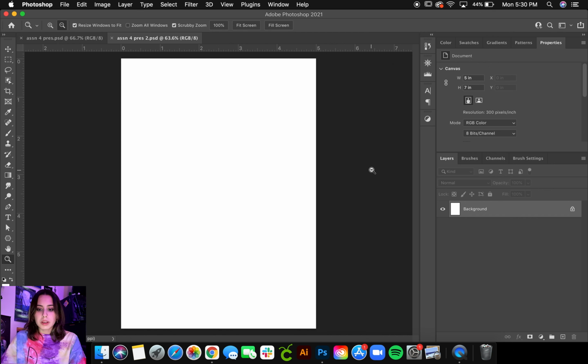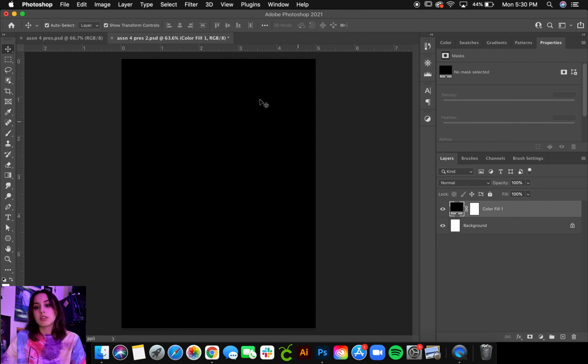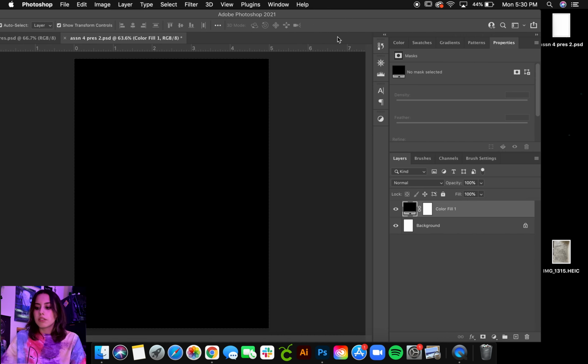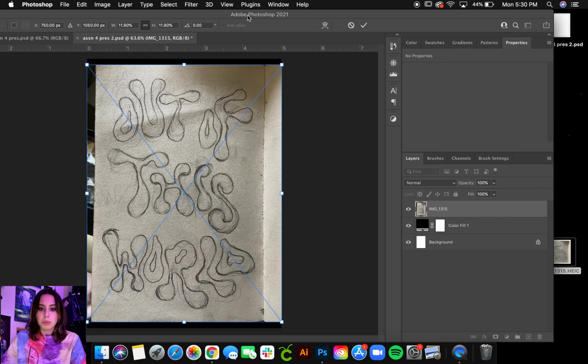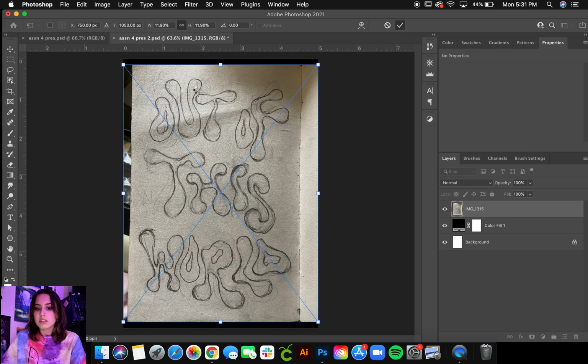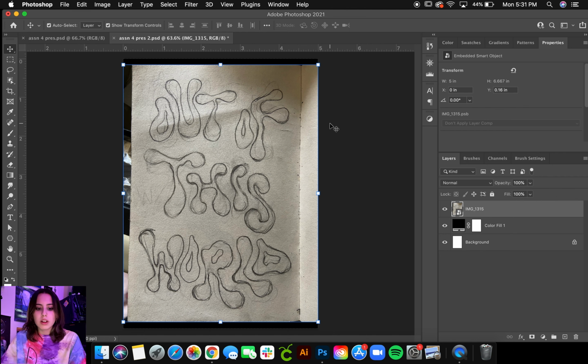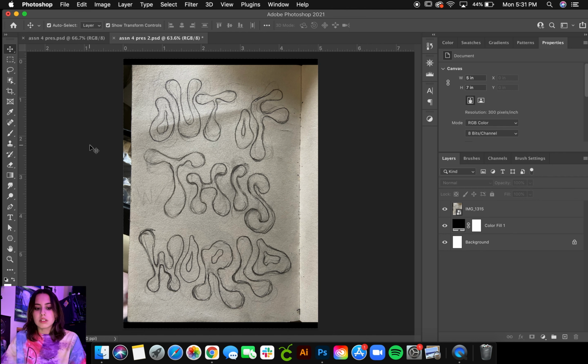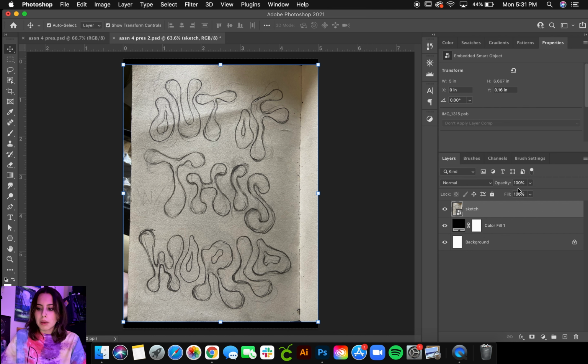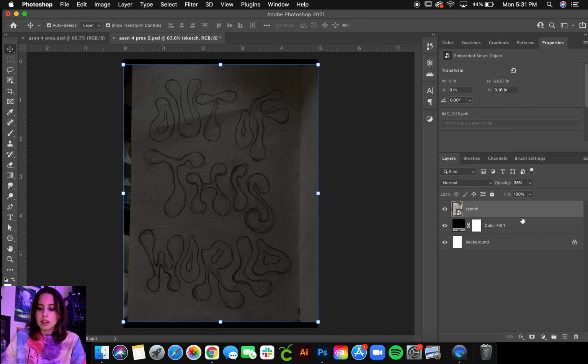Then we're going to adjustment layers, solid color, black. This is going to be our background color. Then from here, we're going to add my sketch. We're using a sketch because I'm going to trace these letters and make my own sort of font here instead of working with an existing font. I'm doing this because I want a certain look that I'm going for and I feel more comfortable drawing it than anything else. So we're going to rename this layer sketch, bring the opacity down a little bit, and then